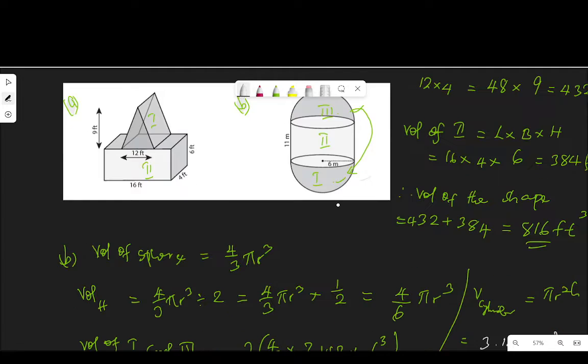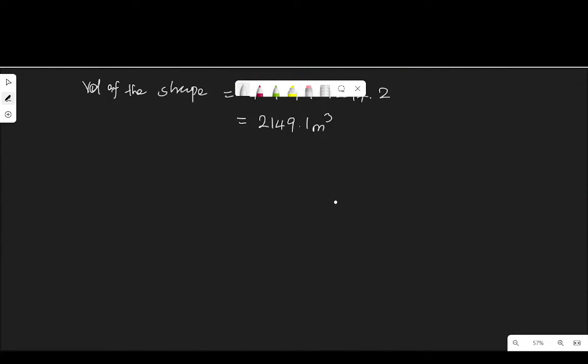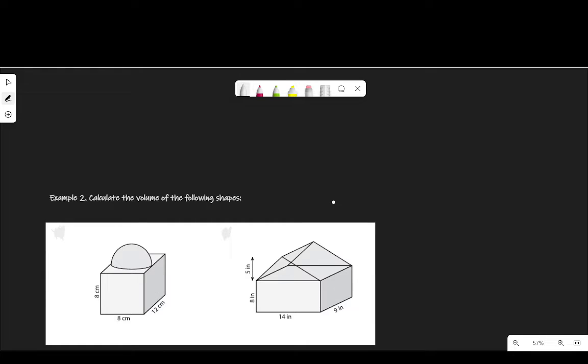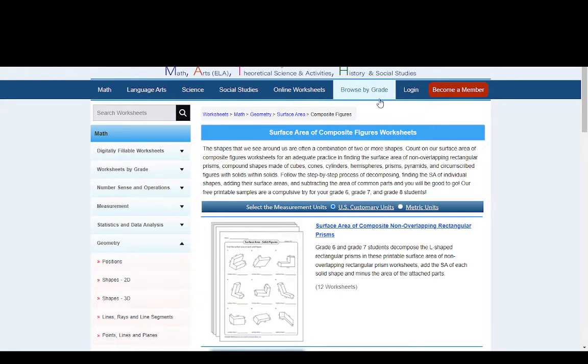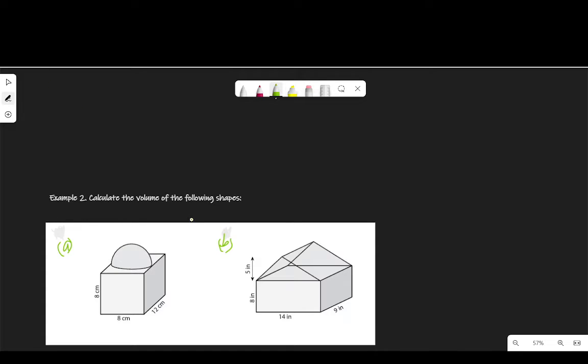Okay, that brings us to the end of this example. Let's move down to more examples. I have example 2 here. Again, two compound shapes here. For the first one, again, let me label this as A and let me label this as B. And as a disclaimer, I got these images from Math Worksheet for Kids. A very good website you can check out if you want to get shapes like this to